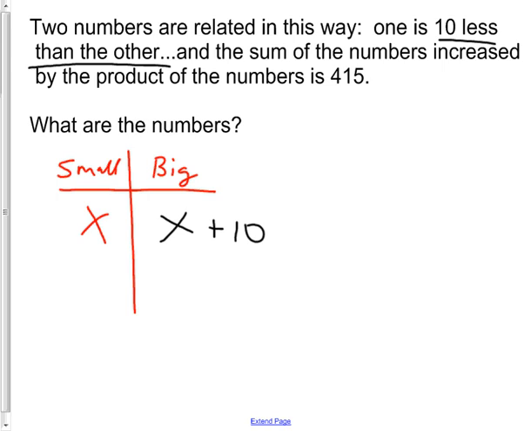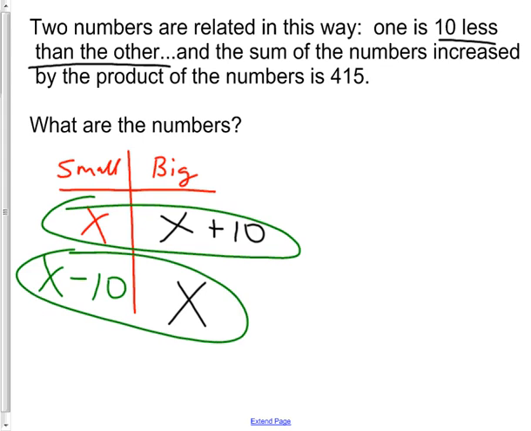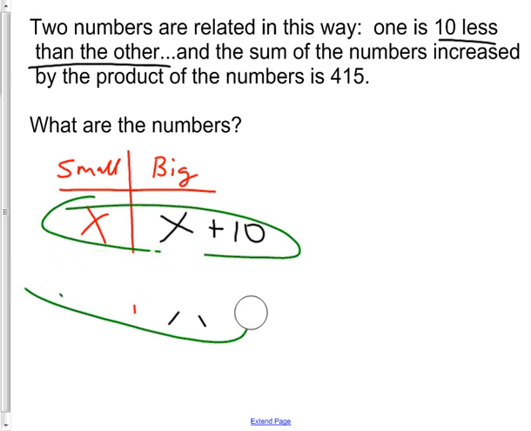Sorry about that. Now, some kids are going to say, can I make the bigger number x and the smaller number x minus 10? Sure. Either way works. What do you think's a little easier? The top one or the bottom one? Top one, because why? No negatives. Trip you up. All right, so let's try that top one. We'll say that the small number is x and the big number is x plus 10. Then,